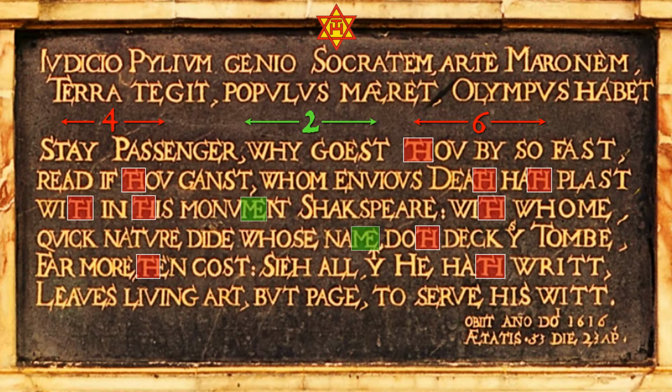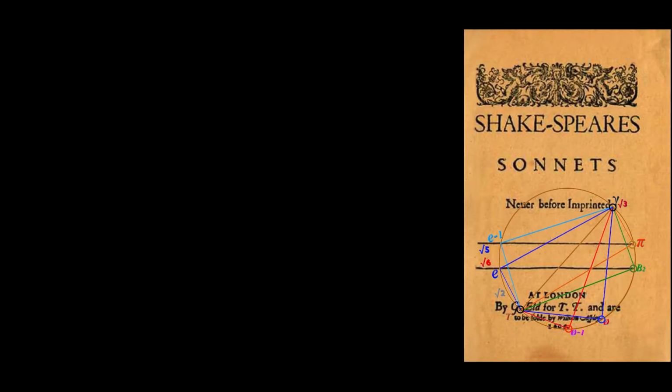Now, in another video, you will have seen the special geometry that is hidden in the title page of the sonnets, so I won't go into that here, but you turn the page and the first thing you see is this dedication, and it too is cryptic. It is placed in three inverted triangular shapes of 6 lines, 2 lines, 4 lines. So again, the 6-2-4. And there are dots between every word, and when you count the dots, a 6th dot, and the 2nd, and the 4th, and the 6th, and the 2nd, and the 4th, and the 6th,